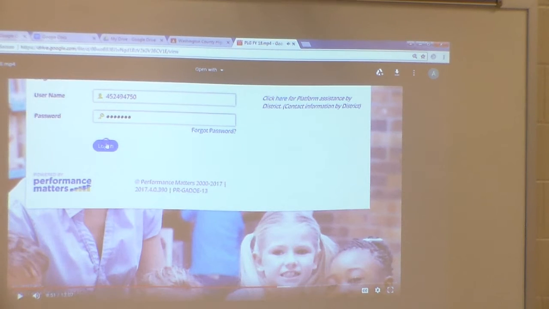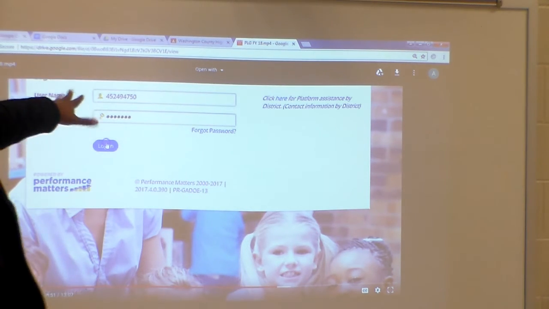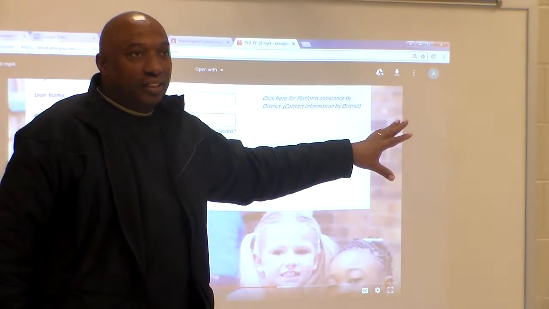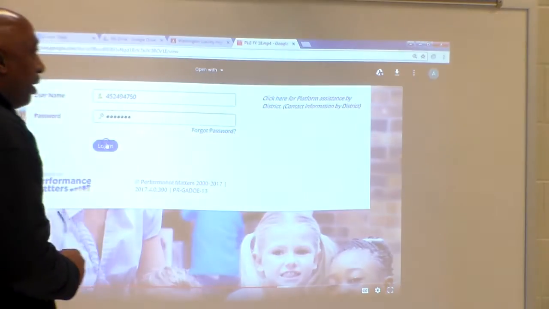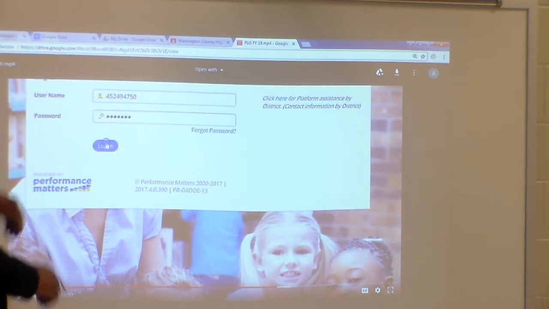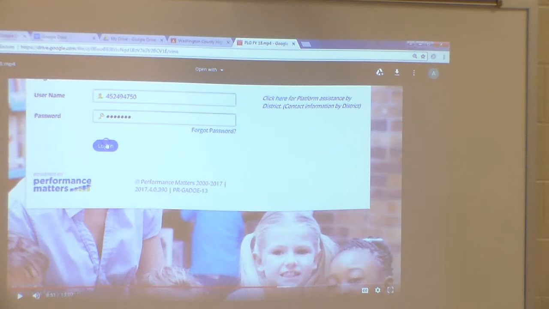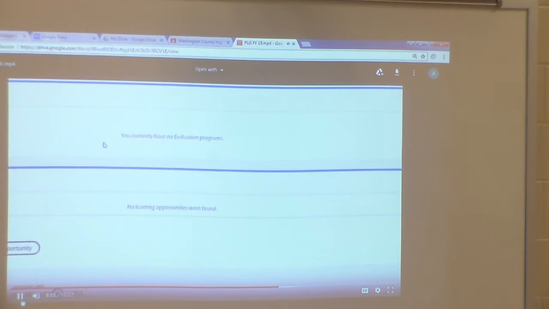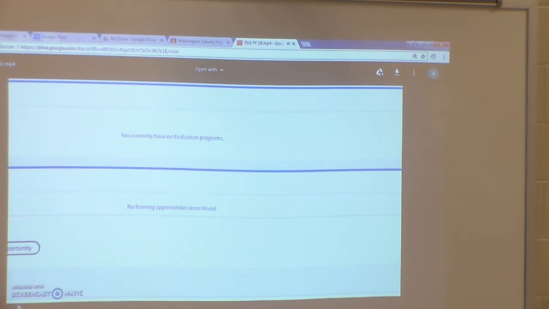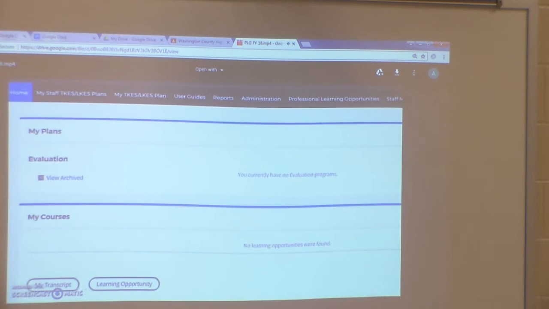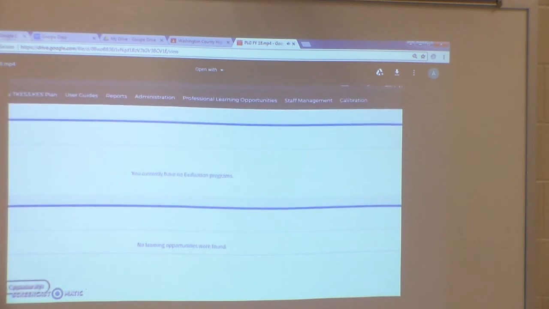Now, is everybody familiar with where it goes in the platform? Everybody's familiar with that? Not sure? Okay. When you go into your TEACs, once you get into the platform,